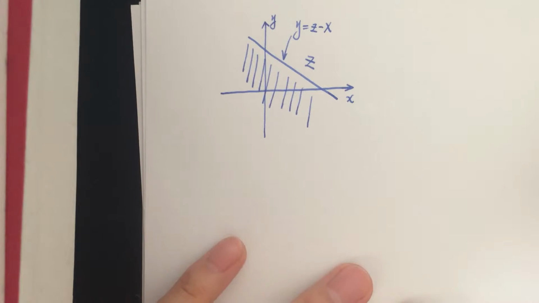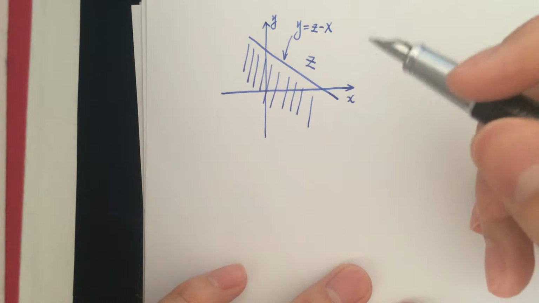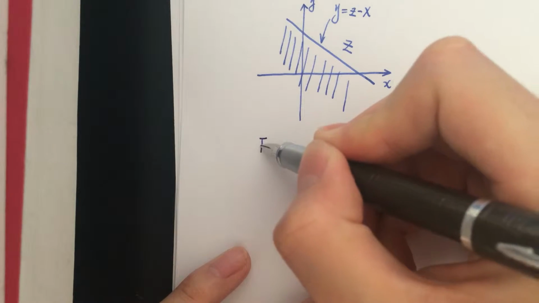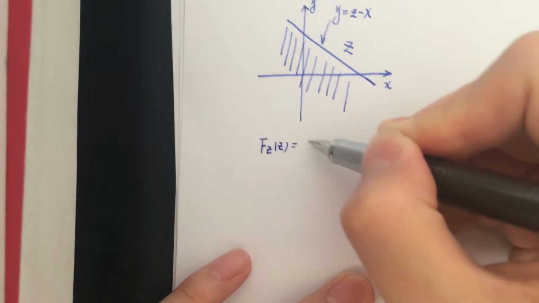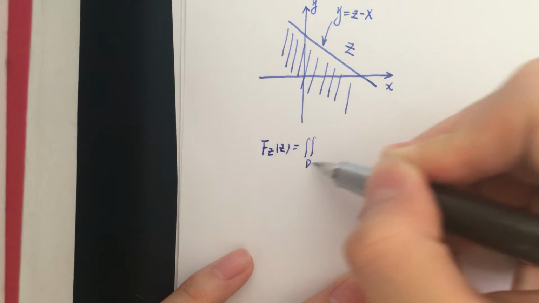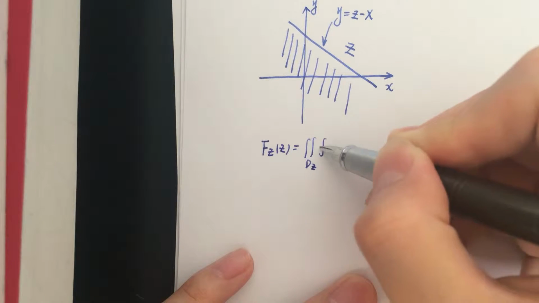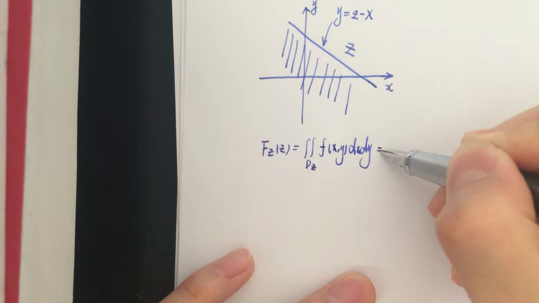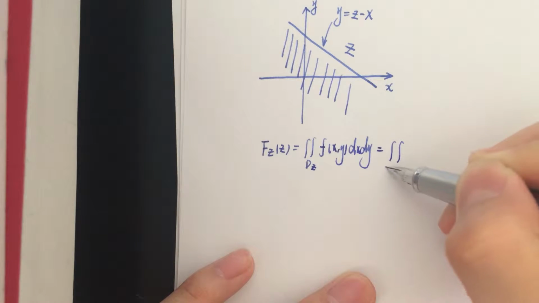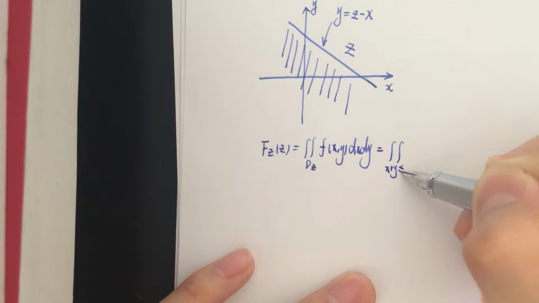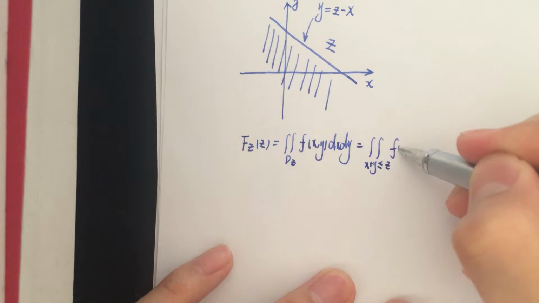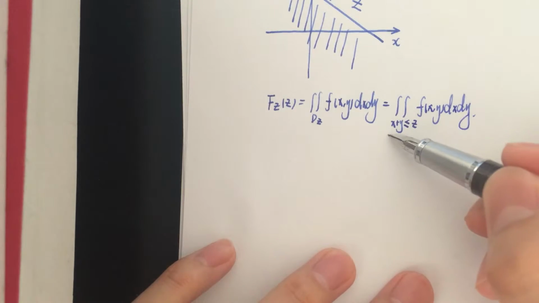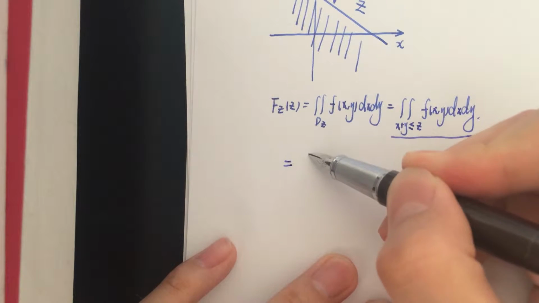So first, let's use the first method to do the question. Firstly, F_Z(z) equals the integration over this region, x plus y less than or equal to z, of f(x,y) dx dy, and this one will equal to